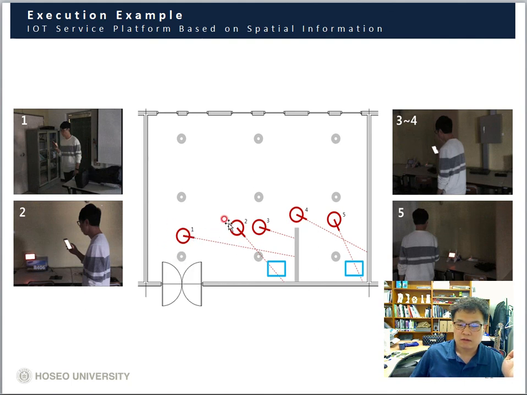The IoT service platform knows his location and his direction, and then this device is activated. At 3, no activation, according to his location. At 4 and 5, activated, because the IoT service platform knows his direction and spatial information. So the IoT service platform provides more accurate service to users.